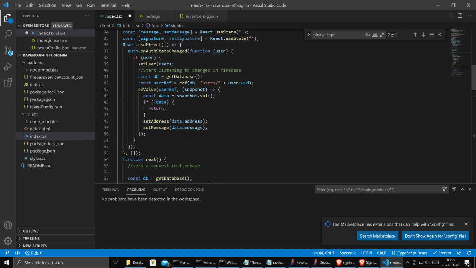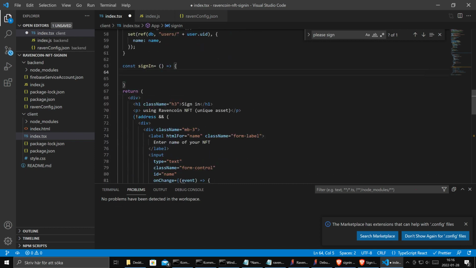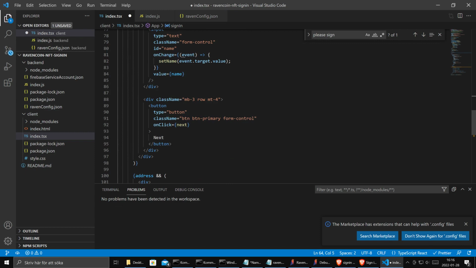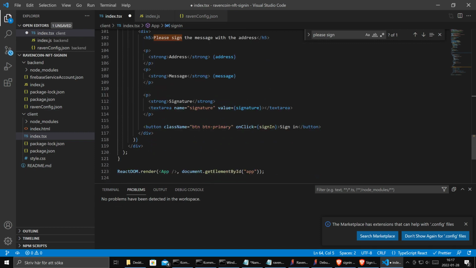And when we change the value of this text area, we should update the signature, right? On change equals